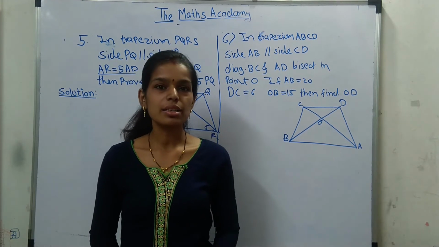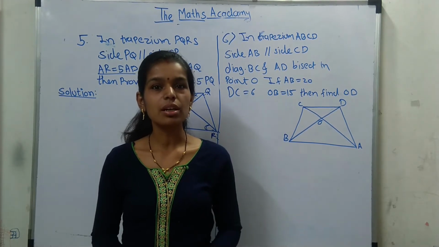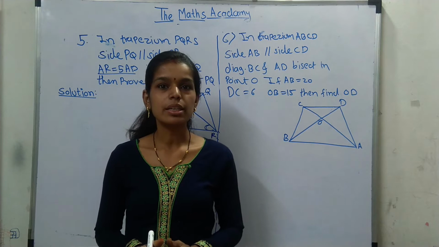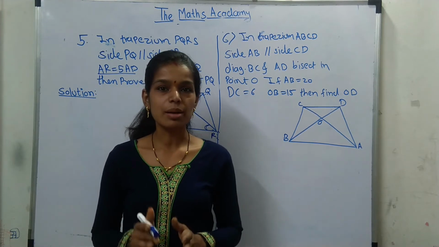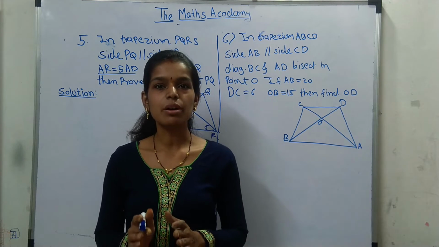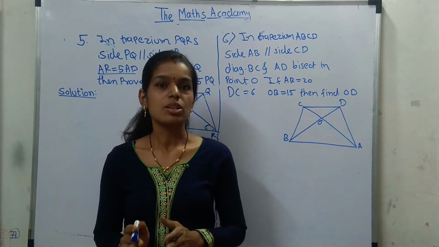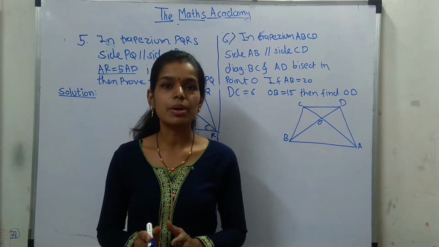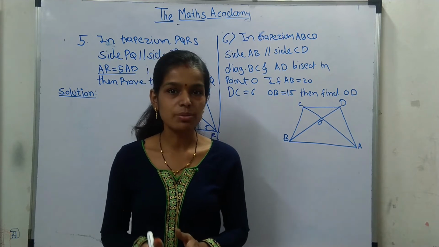Now in this session we are going to start with the practice set 1.3 remaining examples. The example number 1, 2, 3, 4 we have taken. Now we are taking example number 5, 6, 7 and 8. So let's go towards our fifth example based on the test of similarities.